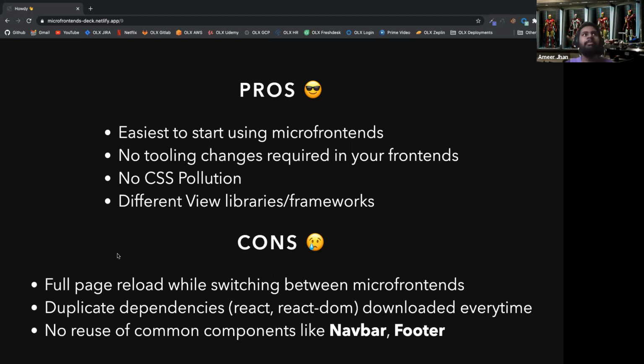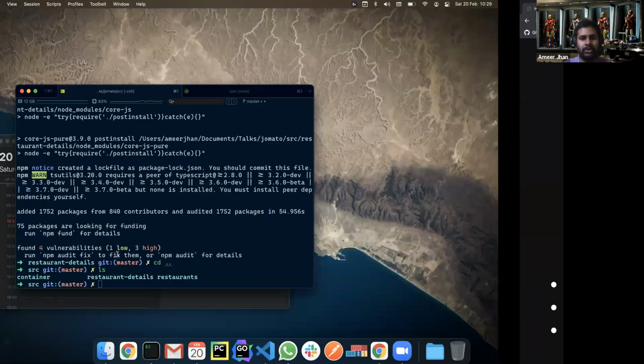But if you feel that your navbar and common components are not going to change that often, then this strategy would give you a lot of benefits, because you can reuse your components from the npm package, and you make just 2 or 3 lines of change in your web server, and you already have a microfrontend, right? Do you guys have any doubts around this strategy?